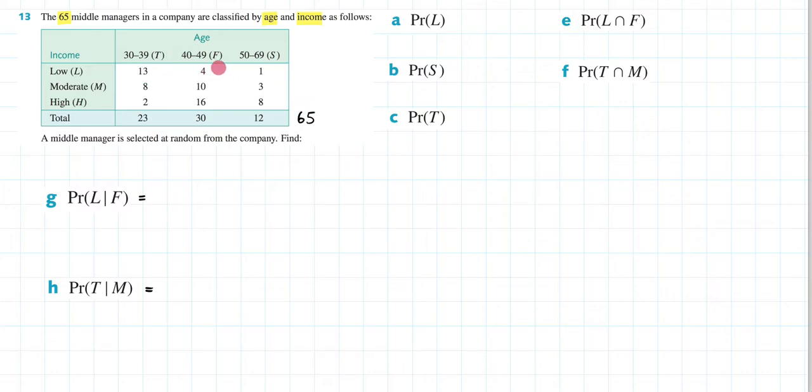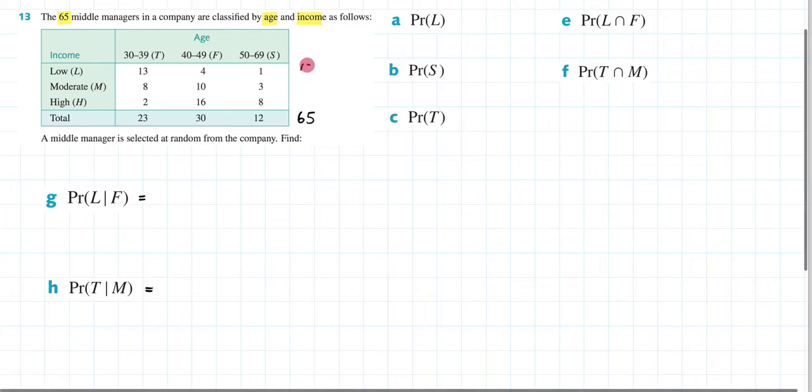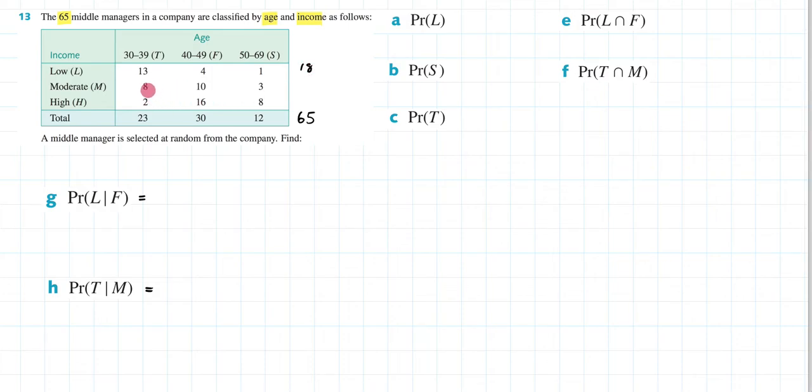13 plus 4 is 17 plus 1 is 18. Oh, that's an ugly 18. Let me try one more time. 8 plus 10 is 18 plus 3 is 21. And 2 plus 8 is 10. 10 plus 16 is 26. And 18 plus 21 plus 26 is 65. So that checks out. So now that we've done that, it's going to make our lives a little easier,